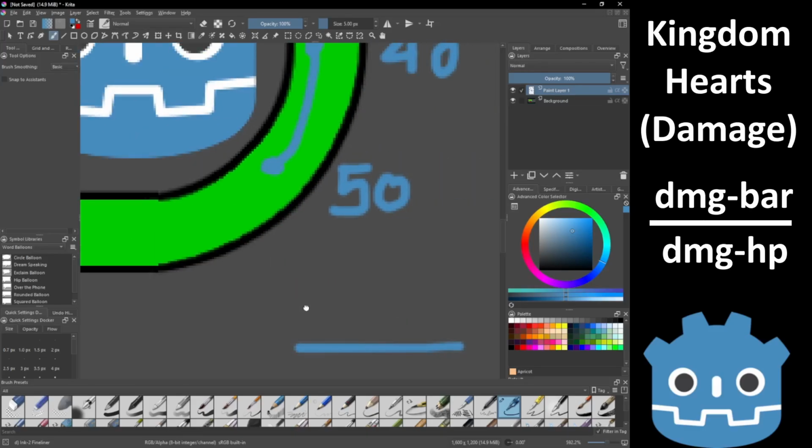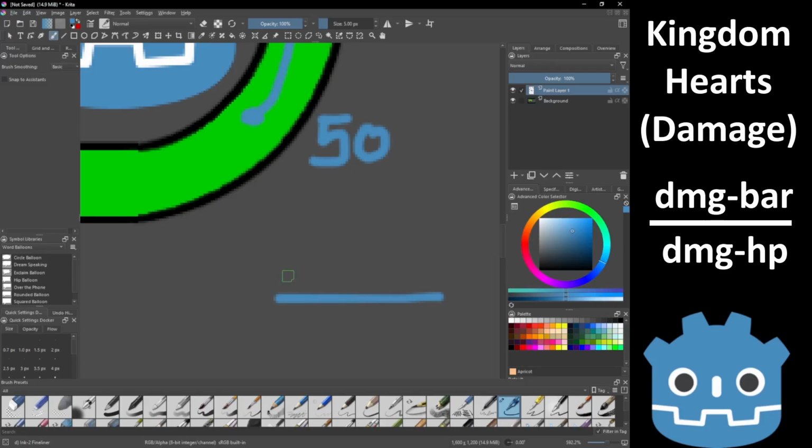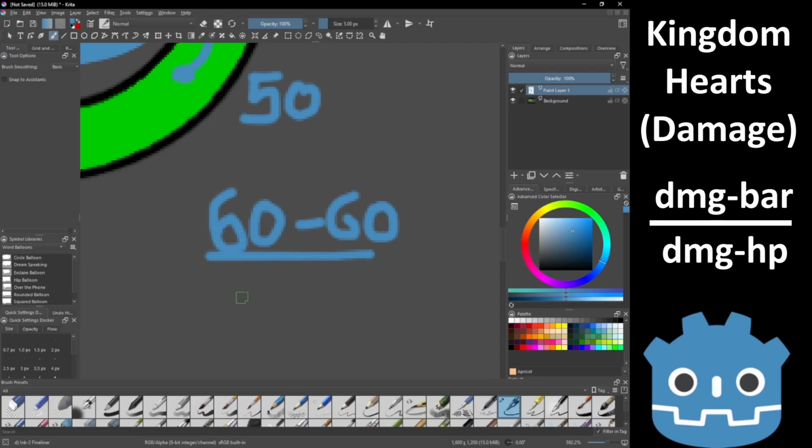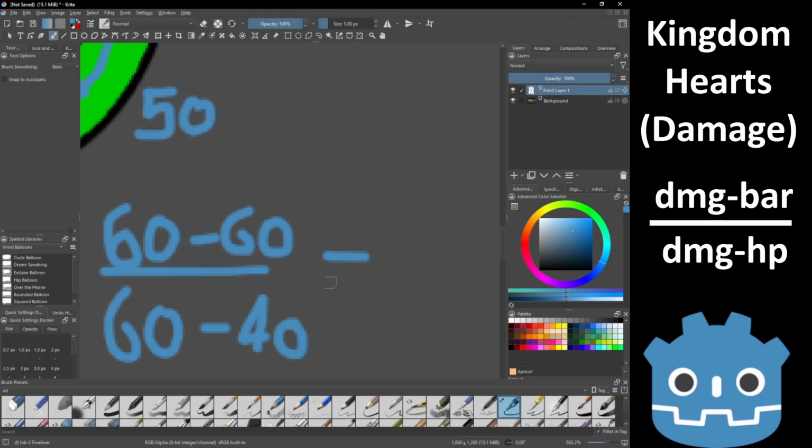Let's see. So we have bar 6 damage indicator, which should be at 60, its minimum value, minus 60, which is the minimum value of bar 6, divided by 60 minus the health. And that will always be 0.